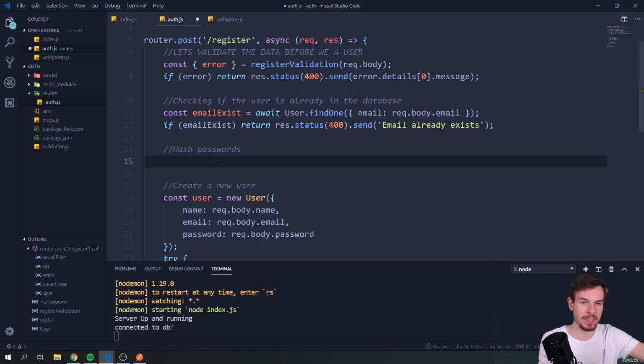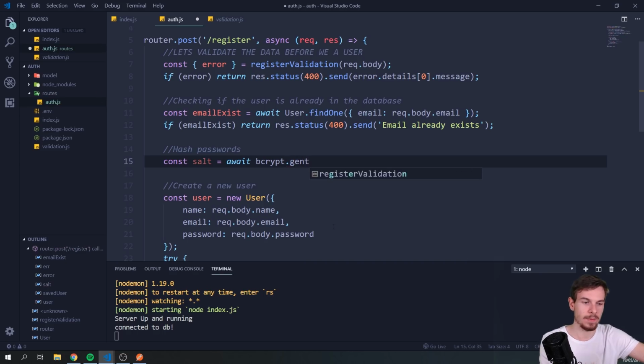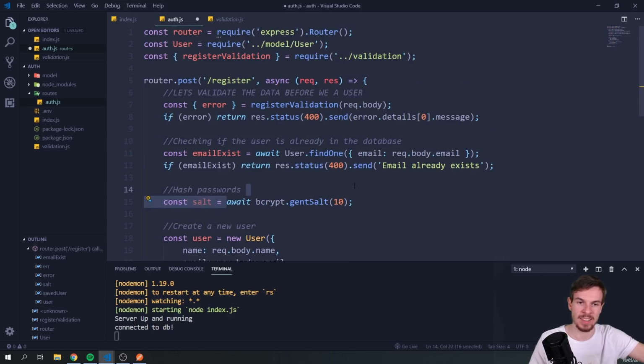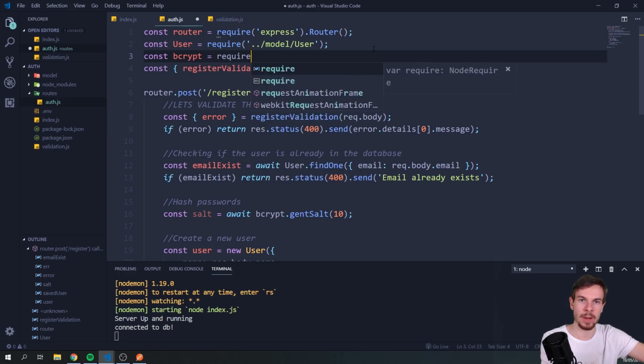All we have to do is create a const salt and set that equal to await bcrypt.genSalt. We're going to add 10 here. I'm going to explain what this does. Let's also import bcrypt here because I forgot. Const bcrypt is going to be equal to require